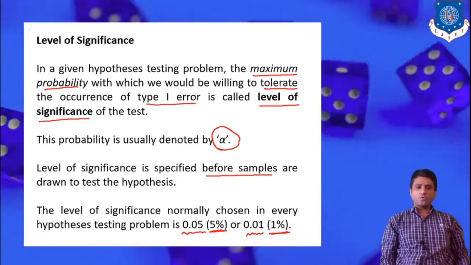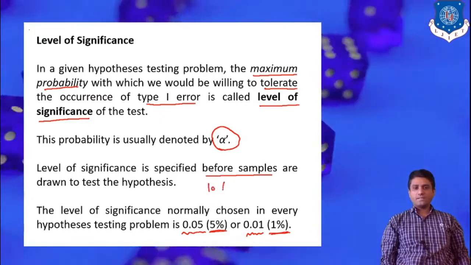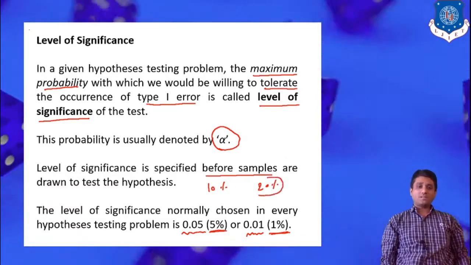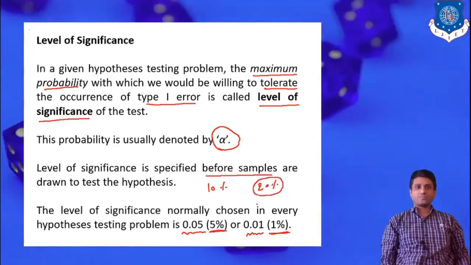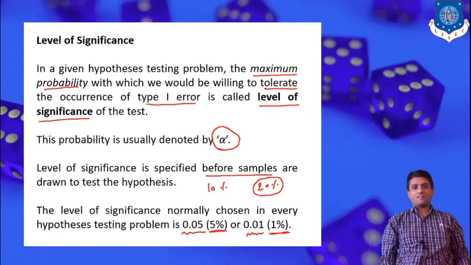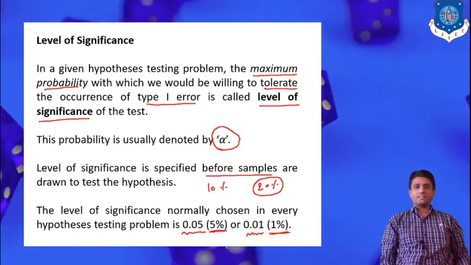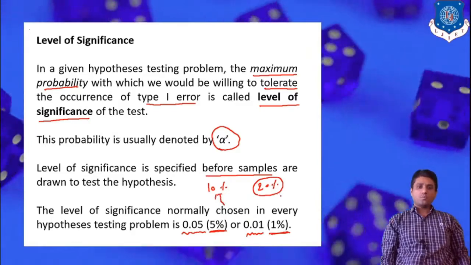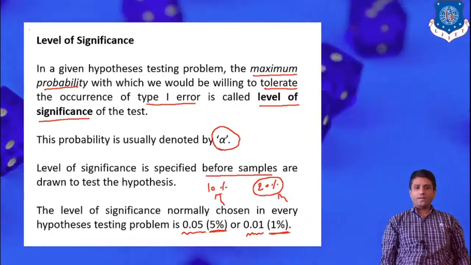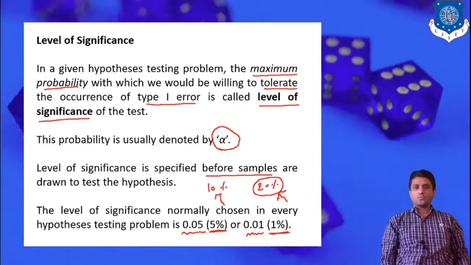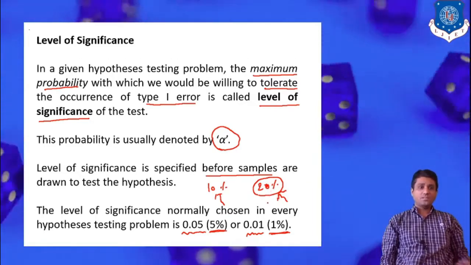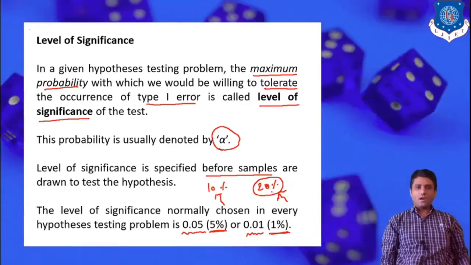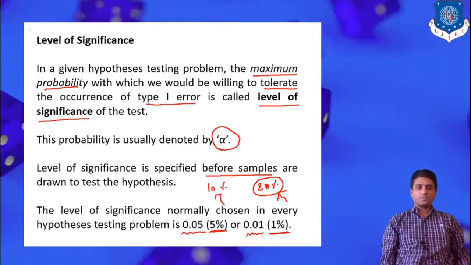You may also allow 10% error, or 20% error, but 20% is too much error. These are the well-known ones: 1%, 5%, and sometimes 10%. By using the same strategy you can find the level of significance corresponding to 20%. This depends on which type of random experiment you perform, so it may be around a 20% level of significance.